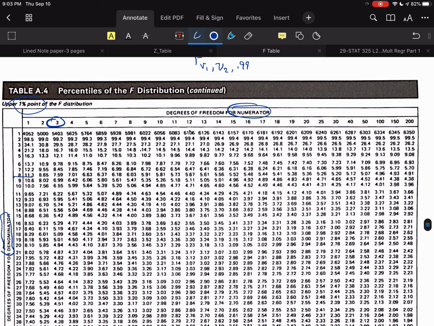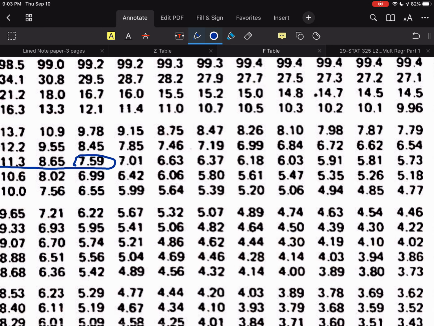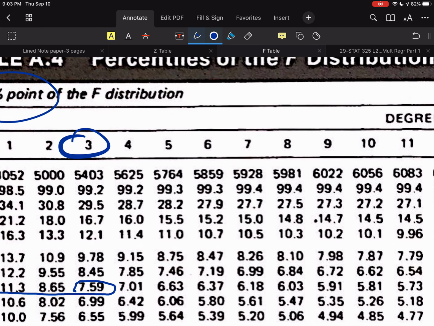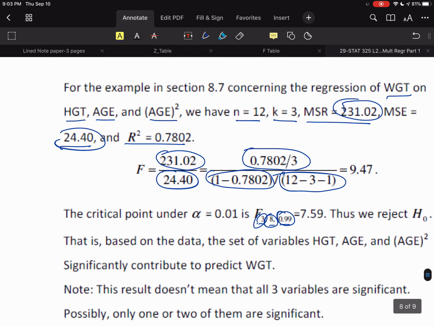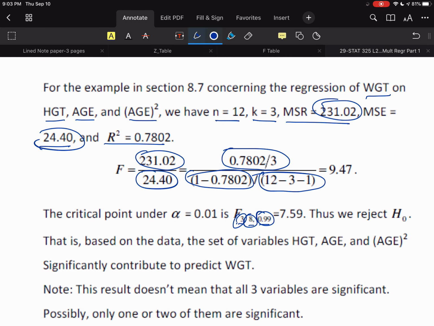So 8 is here, and we come across, and here is, I'll zoom in, 7.59. And you'll see that that is the value that they have, 7.59. And so since F equals 9.47 is greater than the F critical value, which is F 3, 8, 0.99, equal to 7.59,